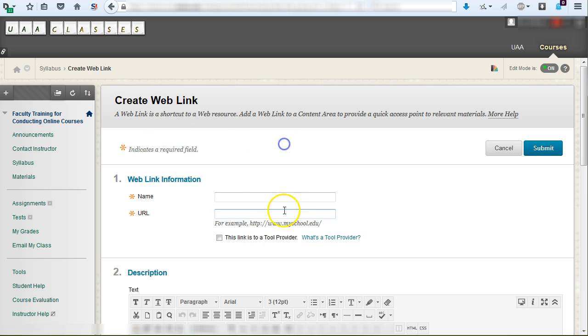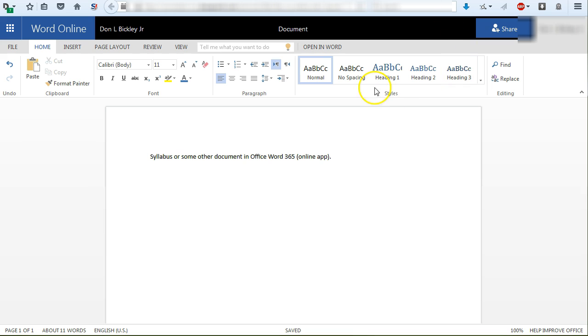That brings us to a new page called Create Web Link. Super fascinating. And then under section 1, let's go ahead and give it a name. So this will be Syllabus via Office 365. And now we have to actually have the URL. So to get the URL of a OneDrive document, in particular a Microsoft Word document, in our OneDrive account, or in this case Word Online account,